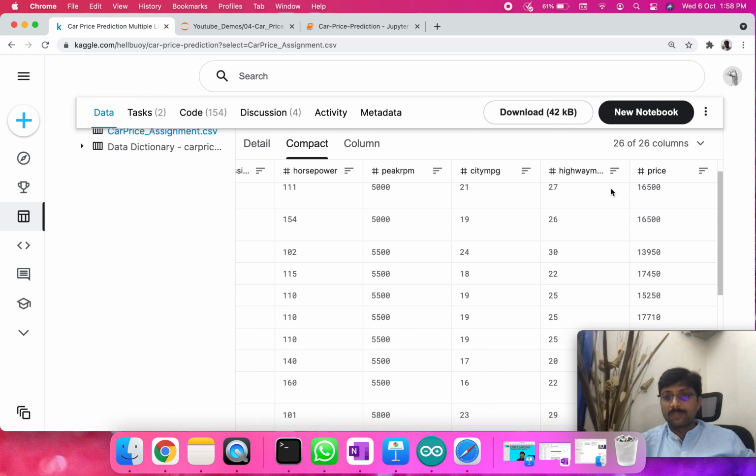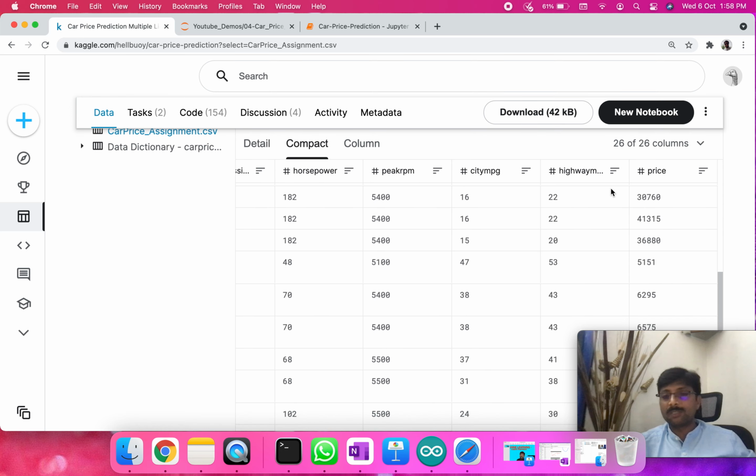We will see what those techniques are. You will use this as training data, and you can in fact divide this data into training and testing. Training data is what we will use to teach the machine and to train the algorithm, and testing data we will use to predict the price. As we keep getting new cars, if we know the parameters of those cars, we will be able to predict the price. So that's the problem statement here.